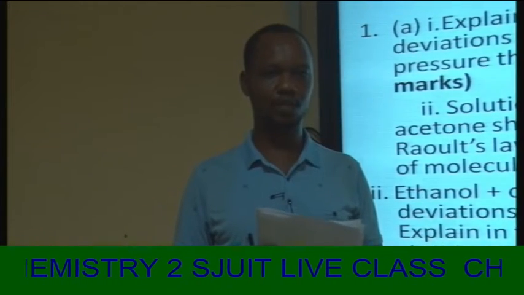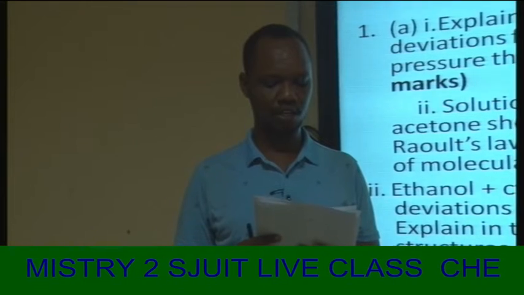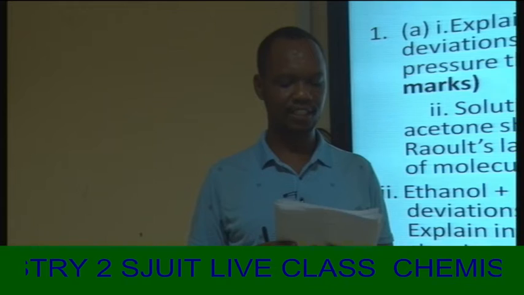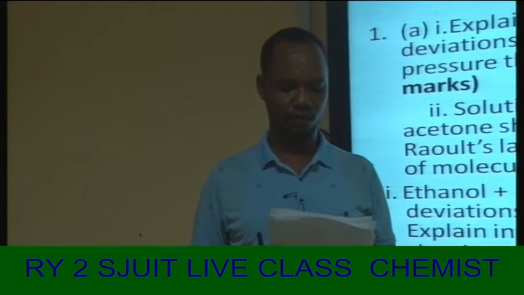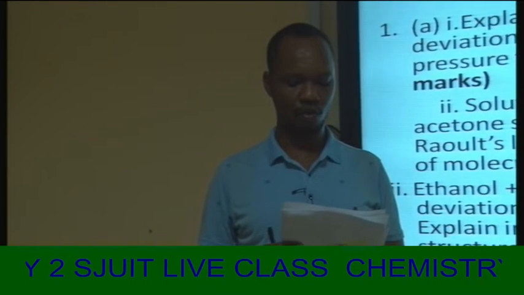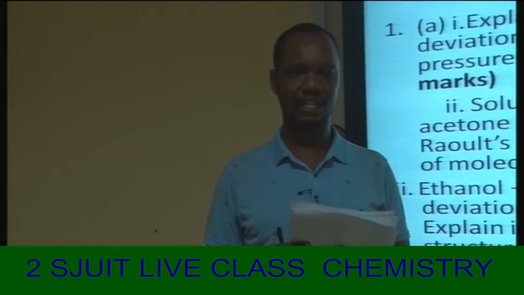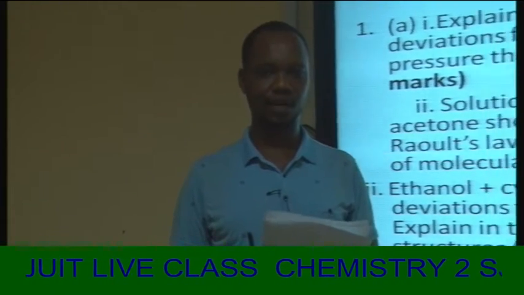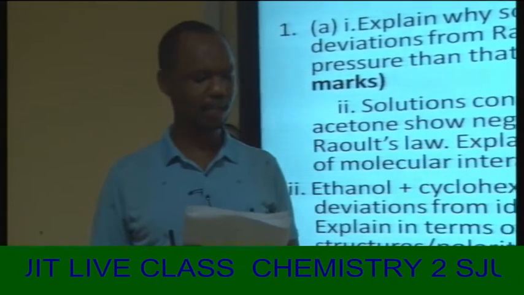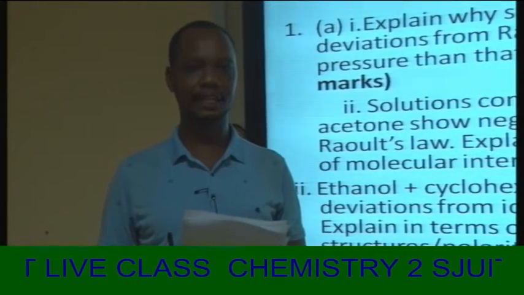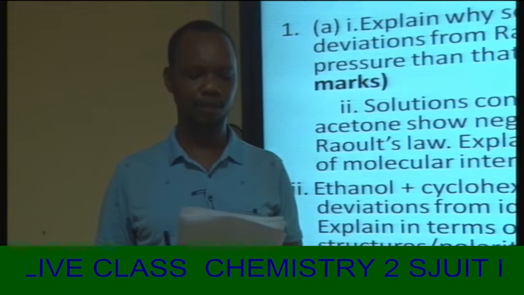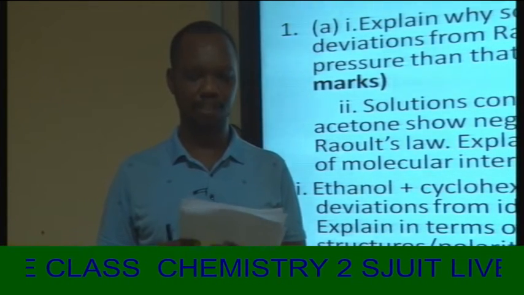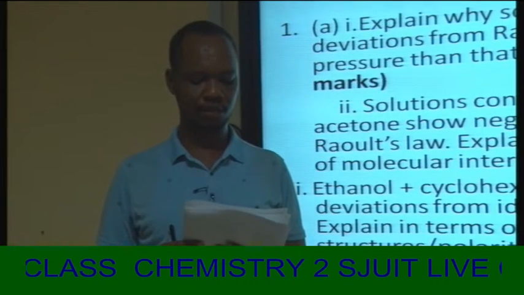Standard pressure which you may use in your calculation should be equal to 760 millimeter of mercury, or equal to 1 times 10 raised to 5 Newton per meter square, or equal to 1 atm. Standard temperature which you may find important to use in your calculation should be